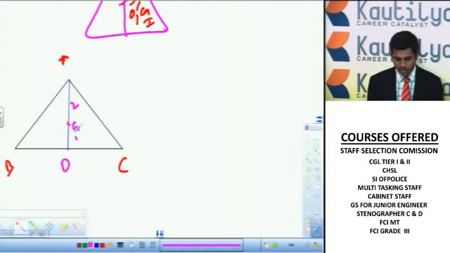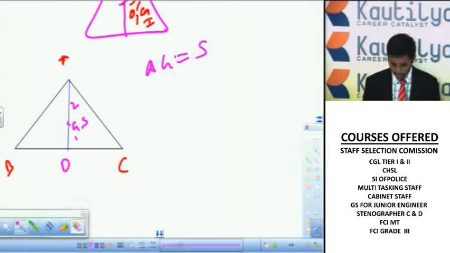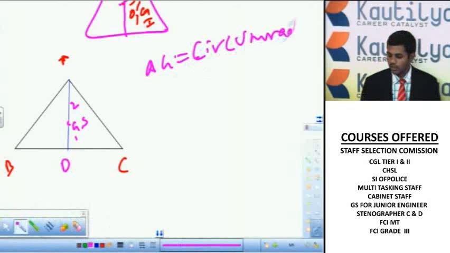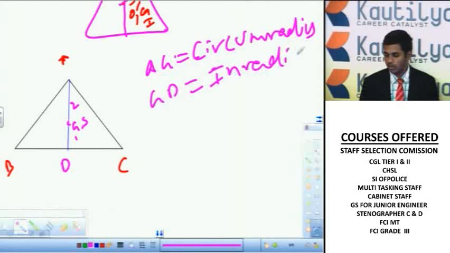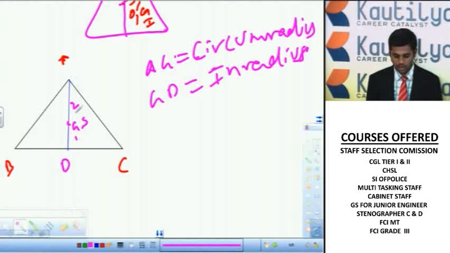And since this is also the circumcenter, this AG will be the circumradius, right? AG will be the circumradius and GD will be the inradius in a given equilateral triangle. So in a given equilateral triangle, G divides the median AD in the ratio of 2:1, and AG will be the circumradius and GD will be the inradius for us. Based upon the lengths AG and GD, we can draw two circles, one is the circumcircle and one is the incircle. So we get the relation as